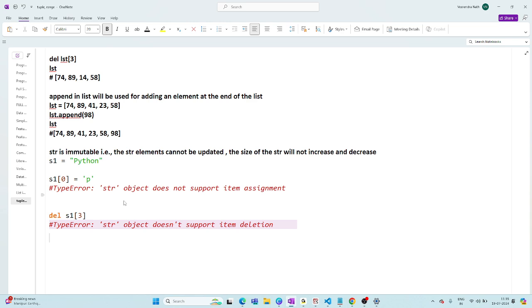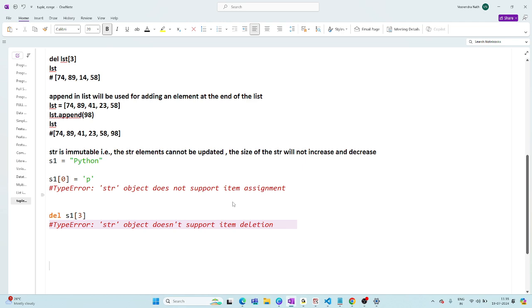Am I clear? So str is immutable, meaning the str elements cannot be updated and the size cannot be altered. You cannot increase, you cannot decrease. Is this crystal clear?